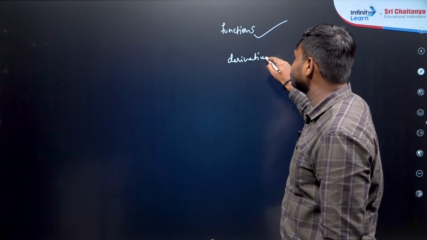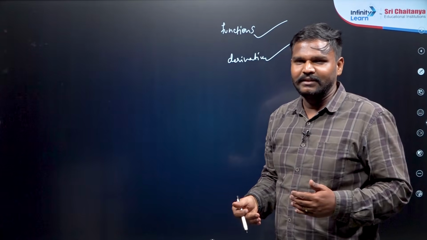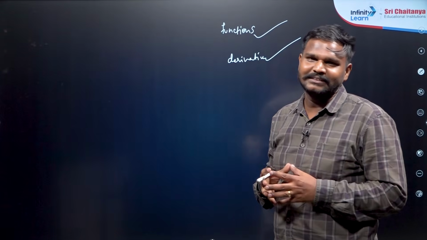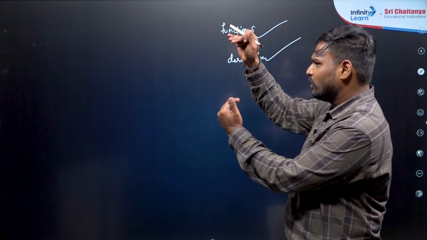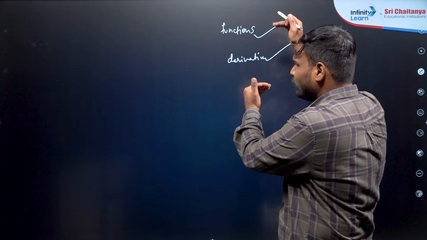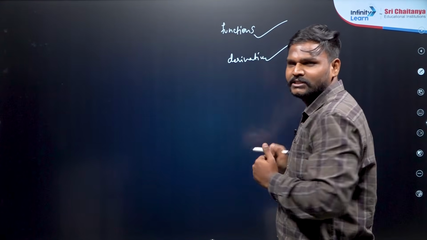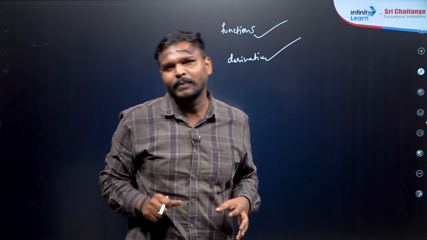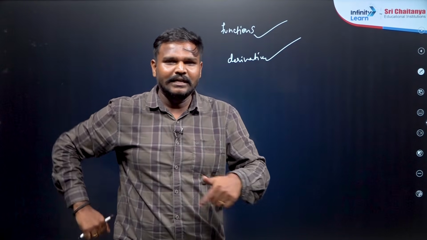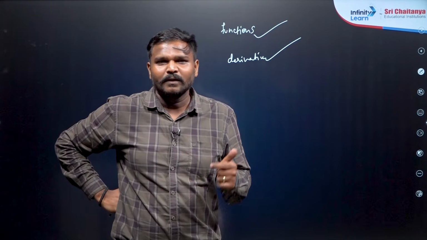Correct? The terminology we have learnt. Then we went to the formulas. We have certain 14 formulas we have given. Some formulas for algebra, some formulas for trigonometry, logarithmic, exponential. By using those formulas, we have to learn the application part in differentiation that we are going to apply in